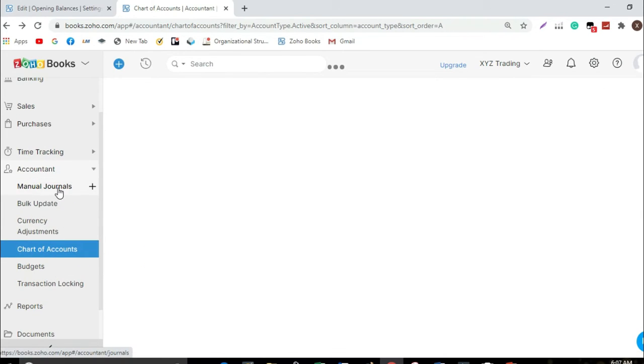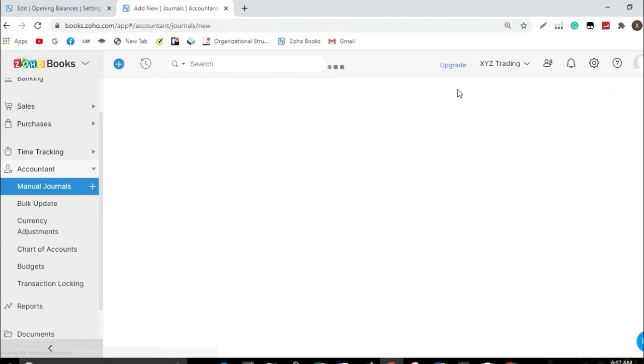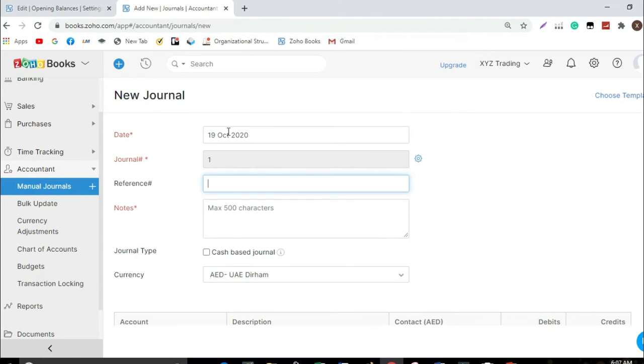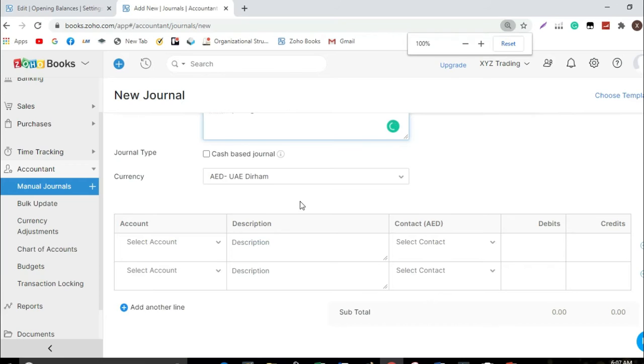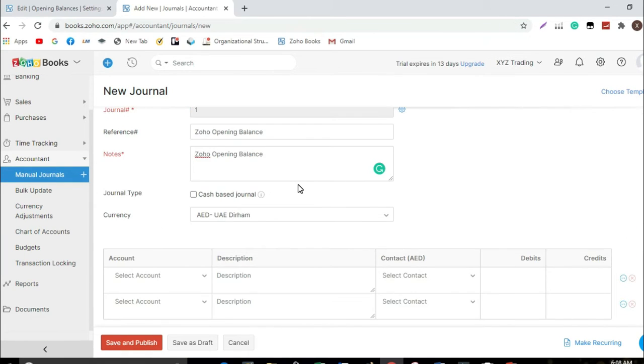So here we go. Let's add a new journal. The date must be October 15, same as the date we started Zoho. So Zoho opening balance, copy, paste. You can just copy paste because there's only one reference available as of today.